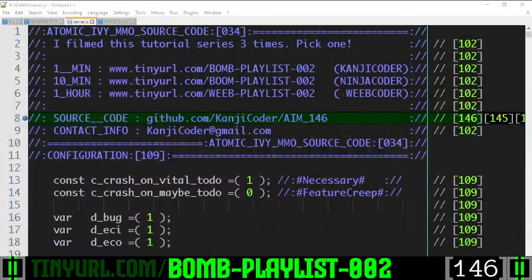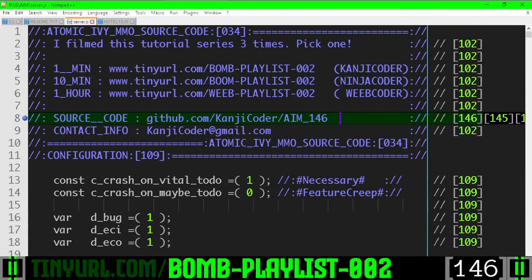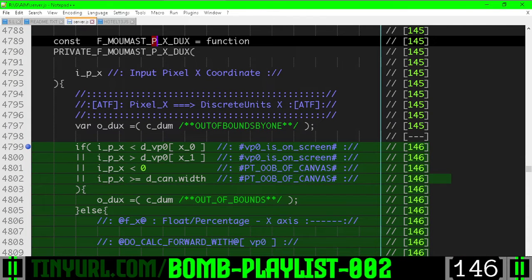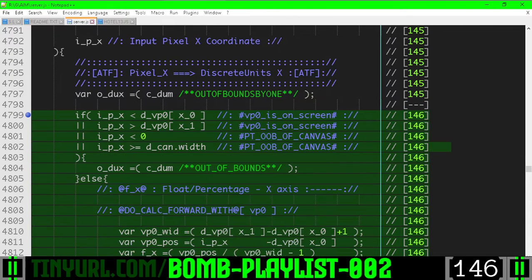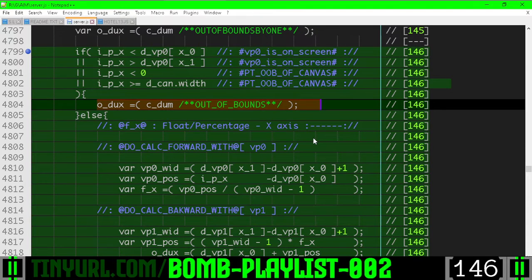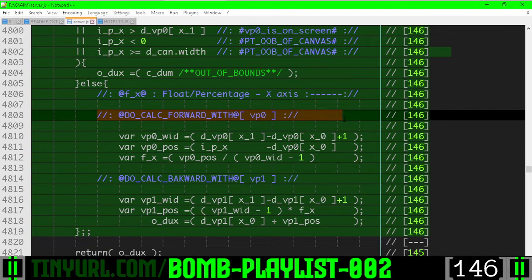Let's convert that pixel position to a discrete coordinate within the world space of our renderable region. Pixel x to discrete unit x. First thing we need to do is bounds check to make sure that the pixel is within VP0, the on-screen viewport. If it's not, we will set the discrete unit x to 1 outside of the bounds of the DOM. Otherwise, we're going to calculate forward using VP0 and then undo those calculations using VP1 to get the discrete